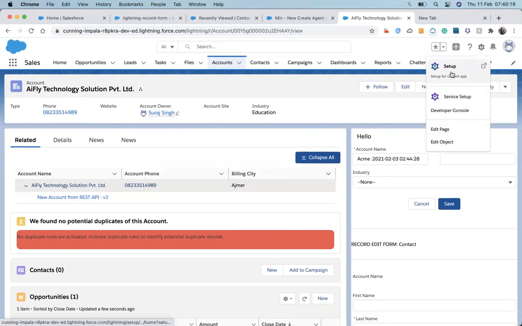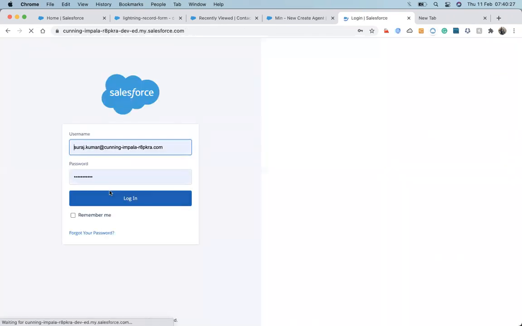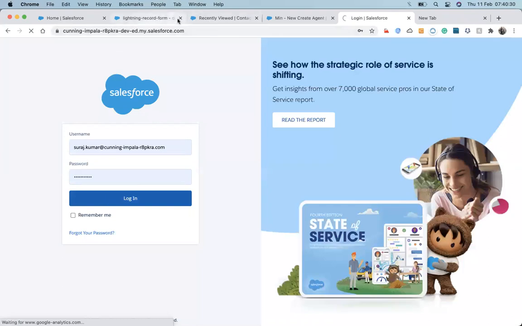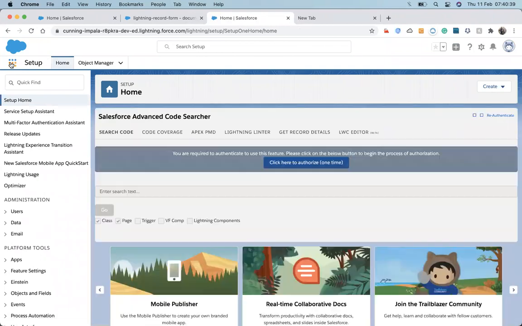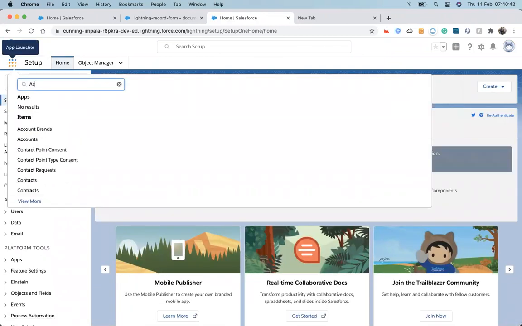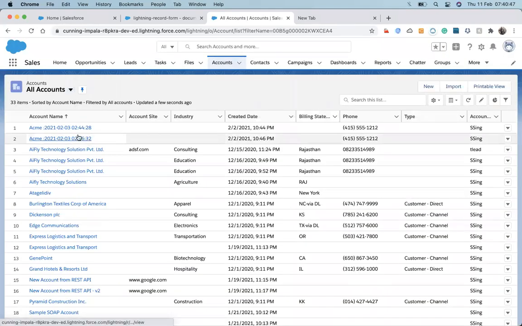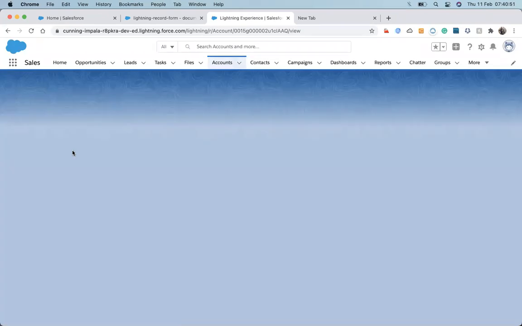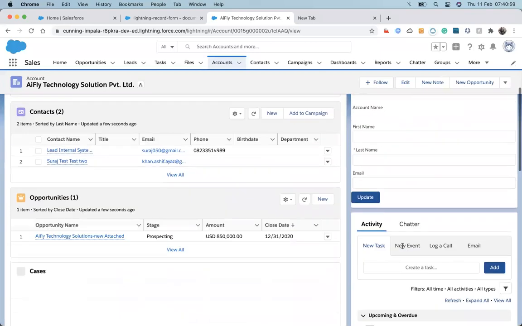Let's log out and log in again. Now it's populating the values. So at that moment it's not updating, and that's why it's not showing. So what do we do?